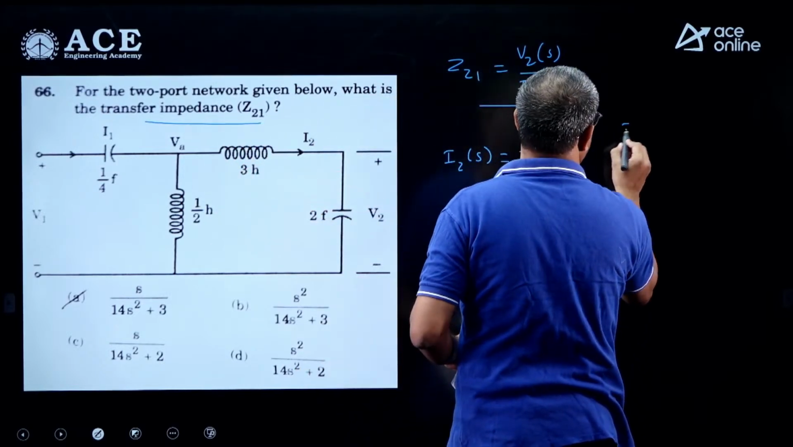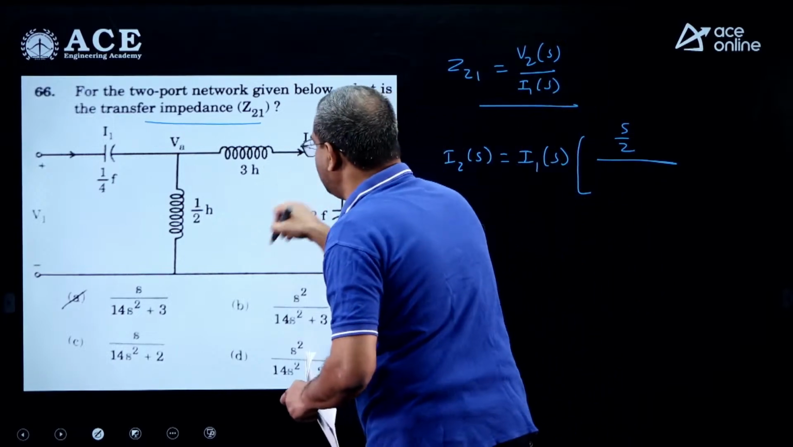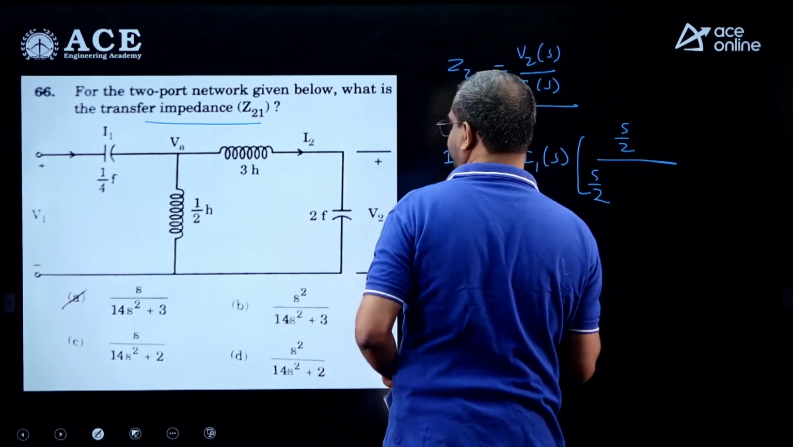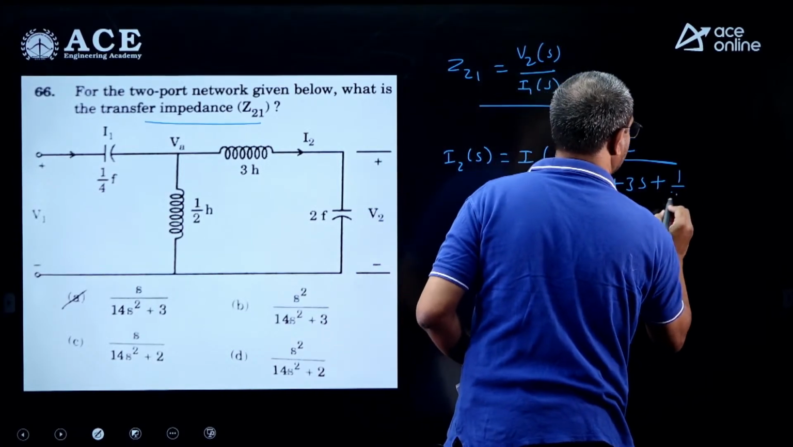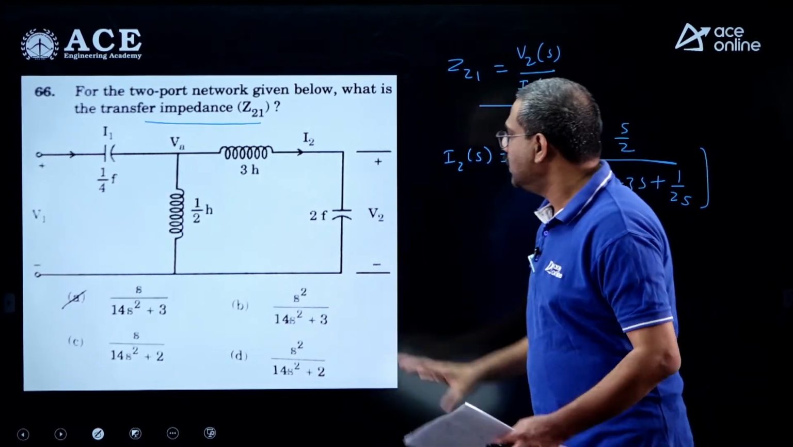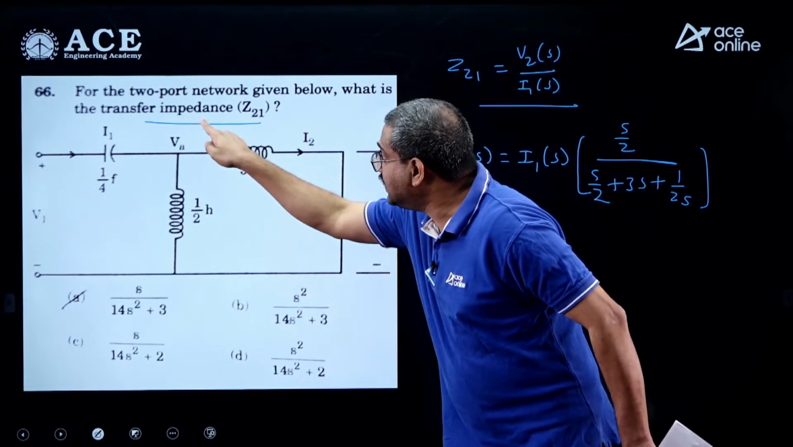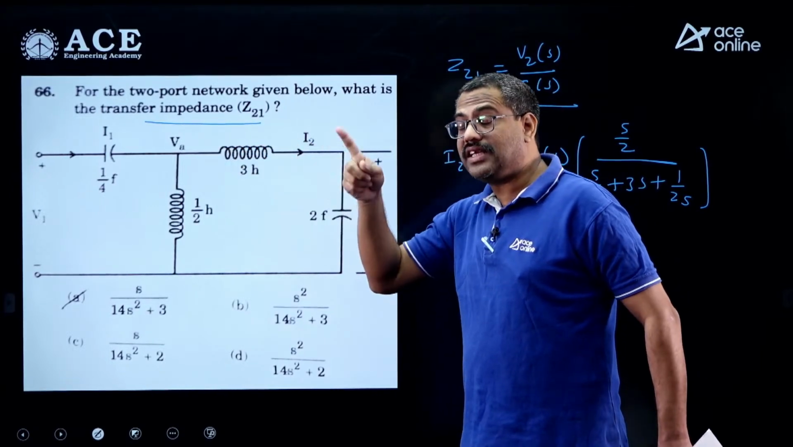Opposite is how much? S by 2 by sum. Sum is this. Current division rule, sir. S by 2 plus 3S plus 1 by 2S. Okay, this is first. So here transfer impedance, that is the term he is asking, not that open circuit transfer